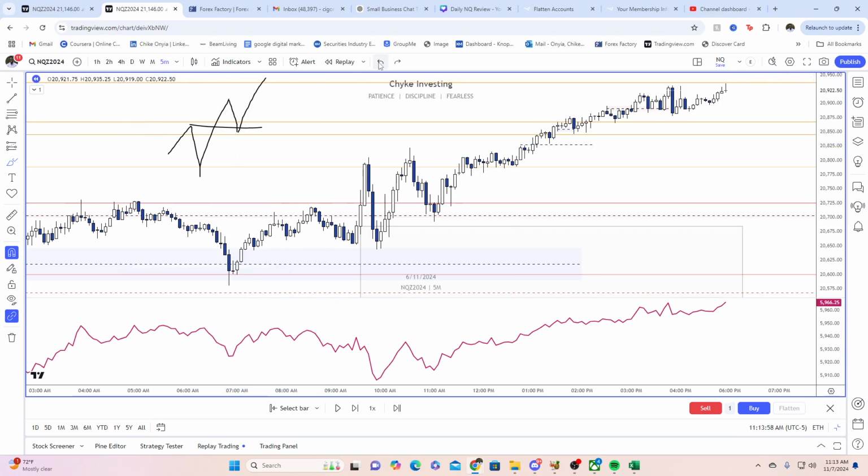That's the 22 model. I have a much better video on this at the end of this video that goes over this entry model in great length. But just for now, just know that that's what it is. And it has to be within the proper time of day, within the ICT kill zone. So anytime from 7 really up to 9:30, 9:30 to 12, and then 1, maybe 1:30 mostly, until 4 o'clock.